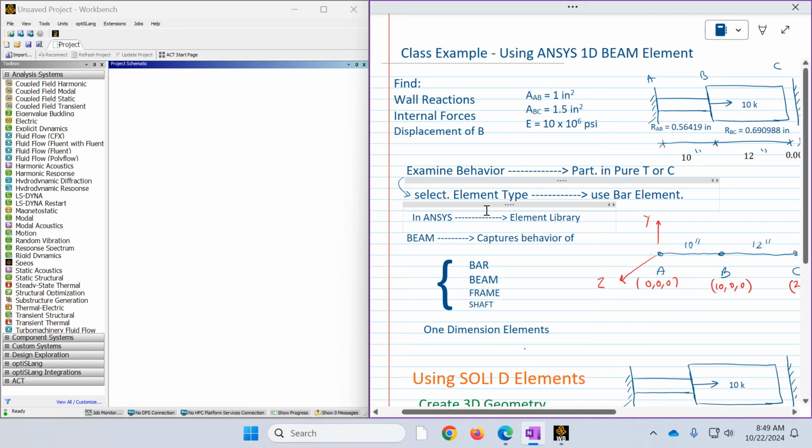So in this video, we are going to learn to use 3D CAD geometry and solid elements to work an example that we've done previously using one-dimensional beam elements. So we are looking at these two rods, AB and BC, connected together and loaded with a 10 kip at B. The wall is fixed at A, and the wall at C has a clearance of